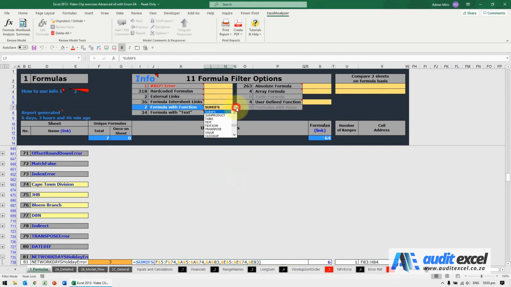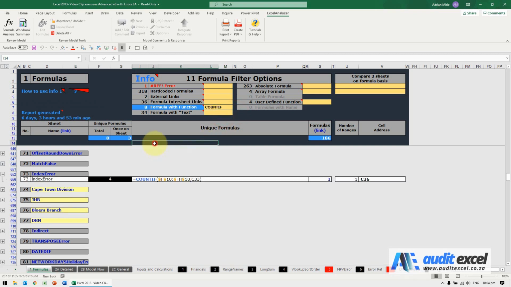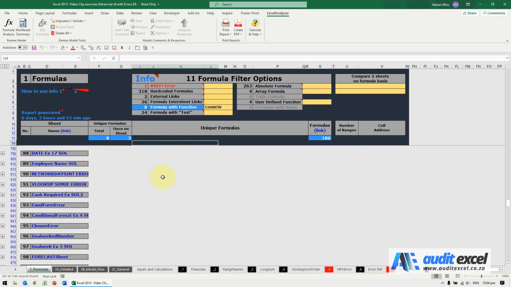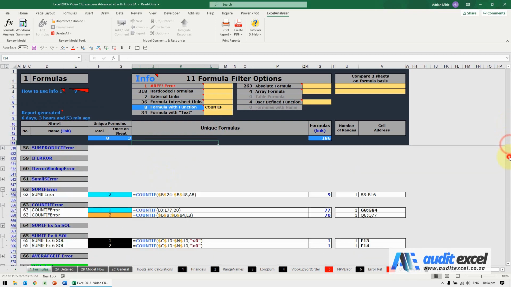When looking at SUMIFS, COUNTIFS, AVERAGEIFS, the other risk is that special criteria are used, so let's go look at a COUNTIFS. What you'll see if I scroll down, if you look here, you'll see the criteria has got a logical test in it. So these you have to be careful on, because should it be less than 0, or perhaps should it be less than or equal to 0, or perhaps it should be bigger than 0 or bigger than a number. So it's worthwhile checking any of those.